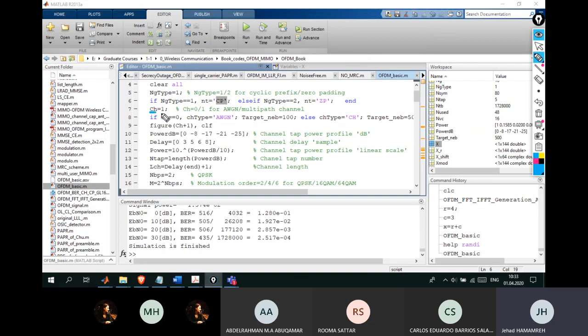Ch equal 1. If Ch equals 0, then please don't simulate over a fading channel, simulate over an additive white Gaussian noise channel. And the target number of error bits that you need to calculate before you plot the bit error rate is 100. You need to reach 100 bit errors so that you say this is the reliable performance. You know, in statistics, you have to take a sufficient number of samples